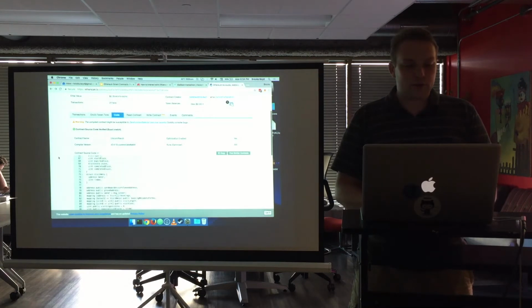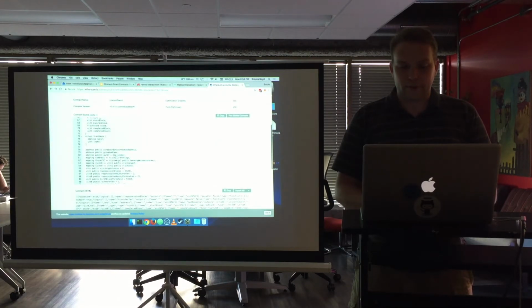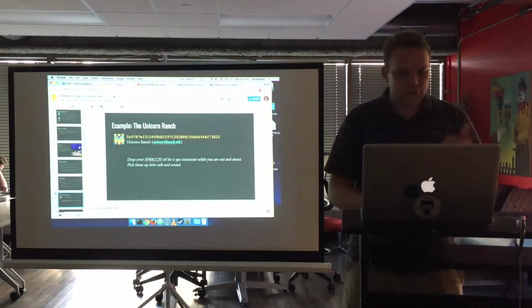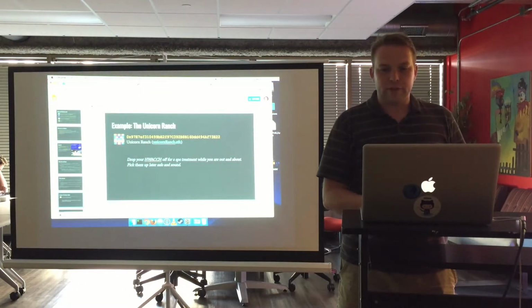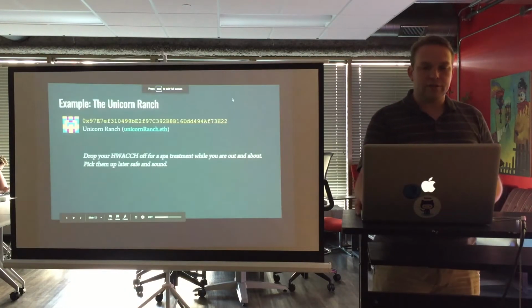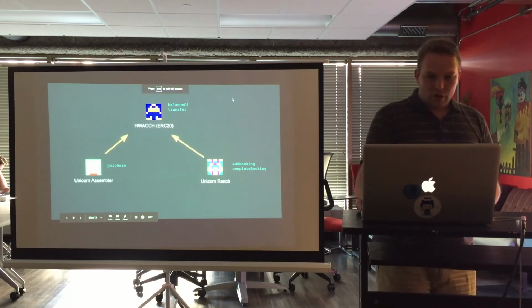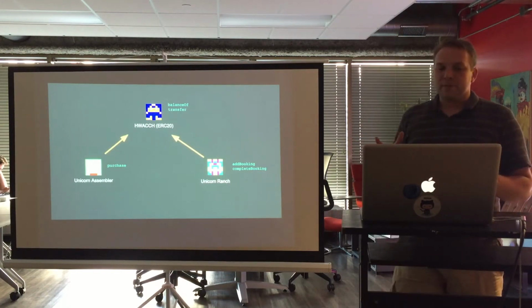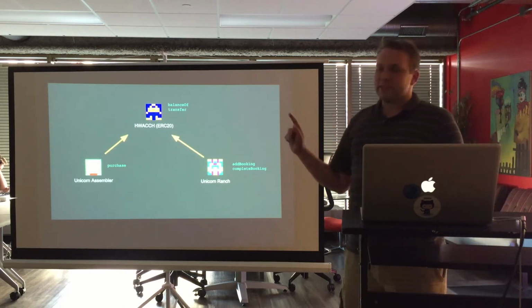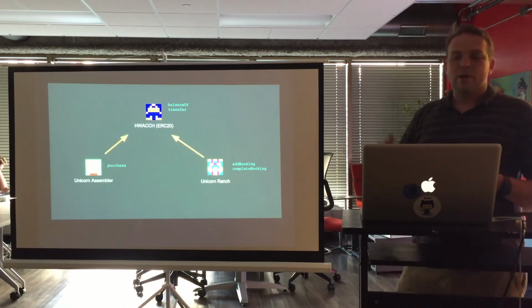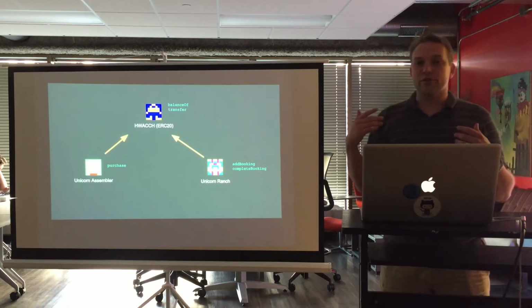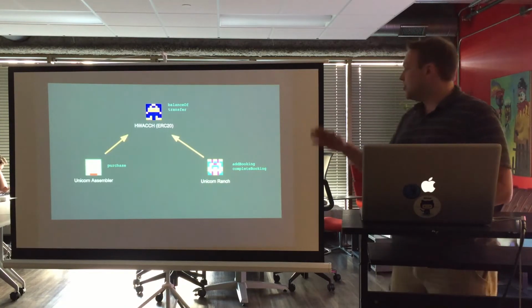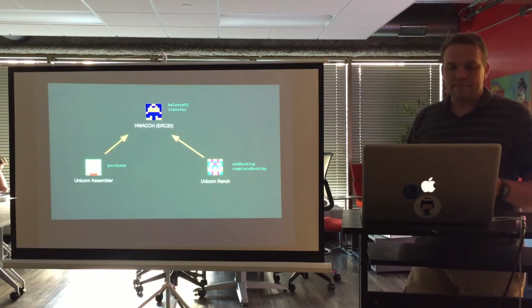This contract is much more complex than the one we dealt with in the previous presentation, so I've actually sliced it out here a little bit. Let's just take a look at these. Firstly, to notice, we're now dealing with these three contracts. The first was the Unicorn Assembler, where you could purchase a unicorn. The Watch contract is where it records how many Watch you have. And now we've got this Unicorn Ranch contract.